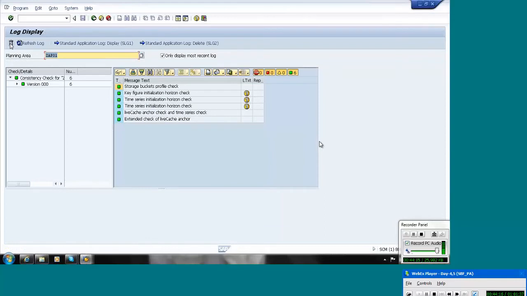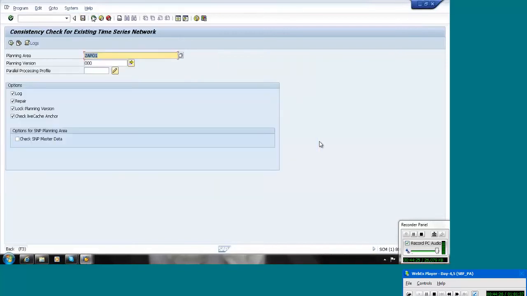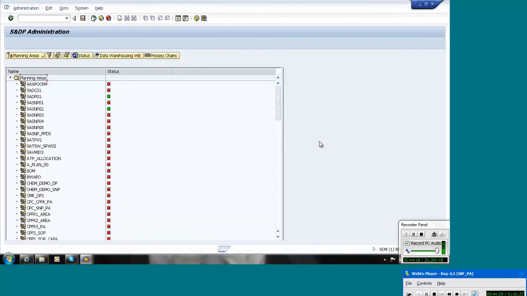Like if you do any changes or if you add any new services, we need to run this consistency check. Anyway, it will take just 1 minute only. Okay. So now, when you say we're checking for inconsistencies, like inconsistencies in data? Yeah, sometimes it will show, for example, there is an issue in the PPM or something, so there will be some problem like that. We can go to that one and we have to correct it.